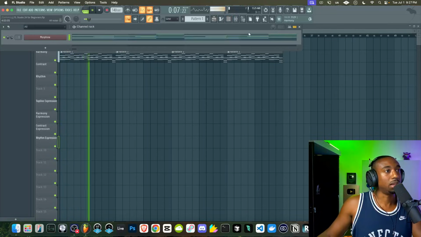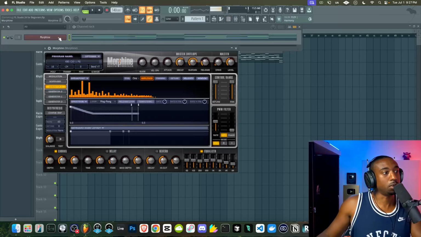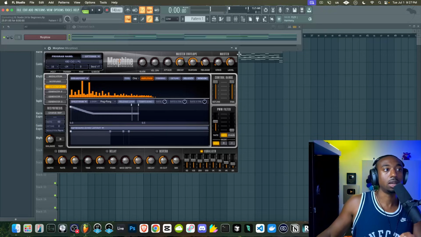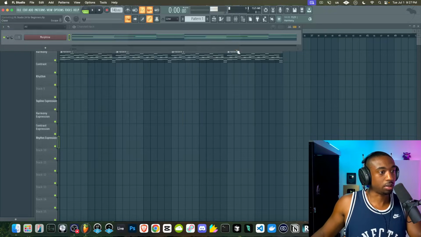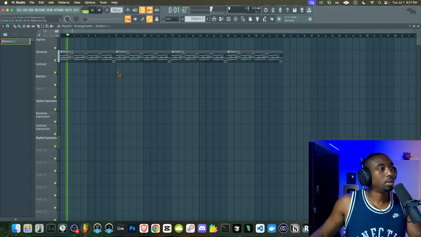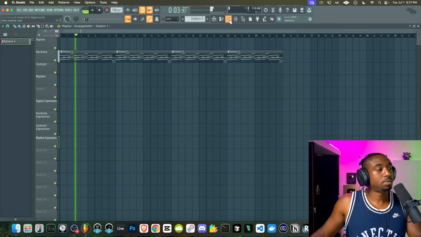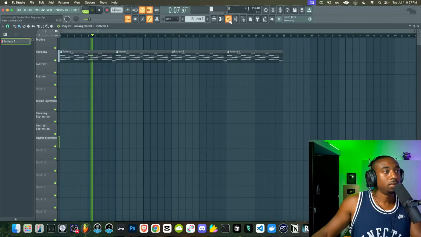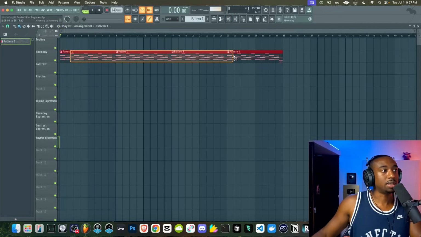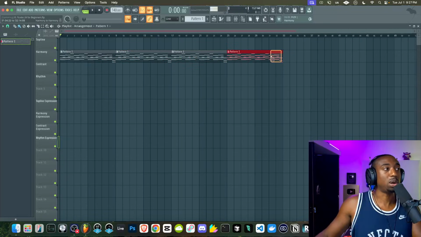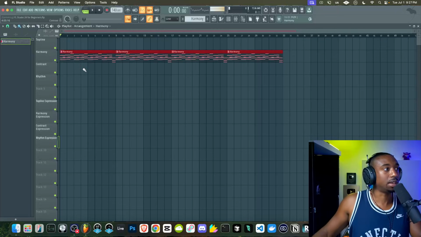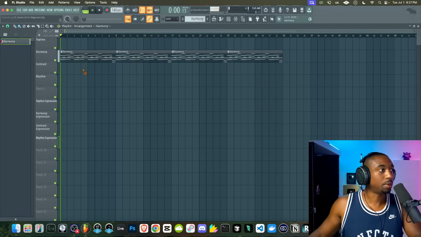I'm going to go back to the plugin here and go to the channel rack, go to Morphine. Sometimes plugins have effects inside the plugin. Here we see the chorus is turned on. Let's just turn that off so that we don't have 2 choruses playing over top of each other. All right, so this is why I said it's not about the sound, it's about the purpose of the sound. This is our harmony section. That sound was specifically built to play chords.